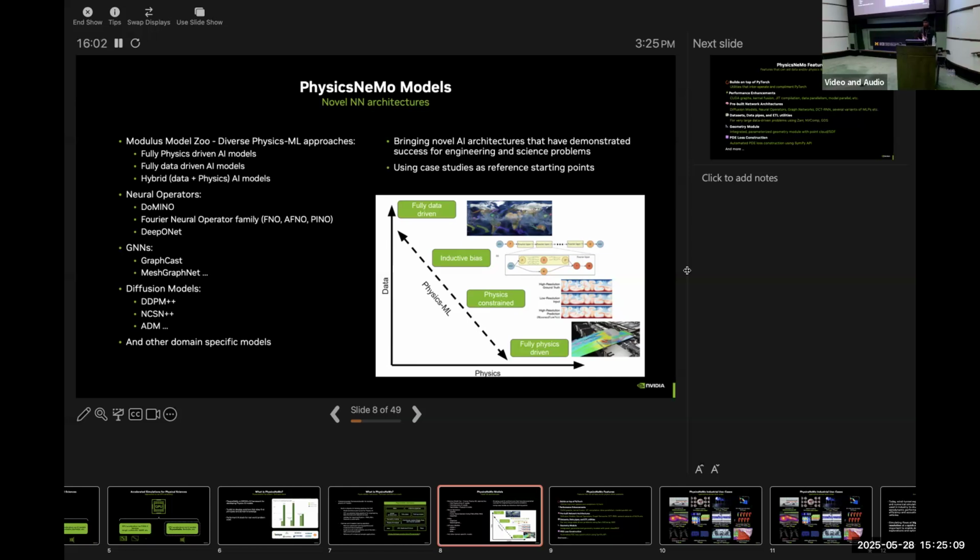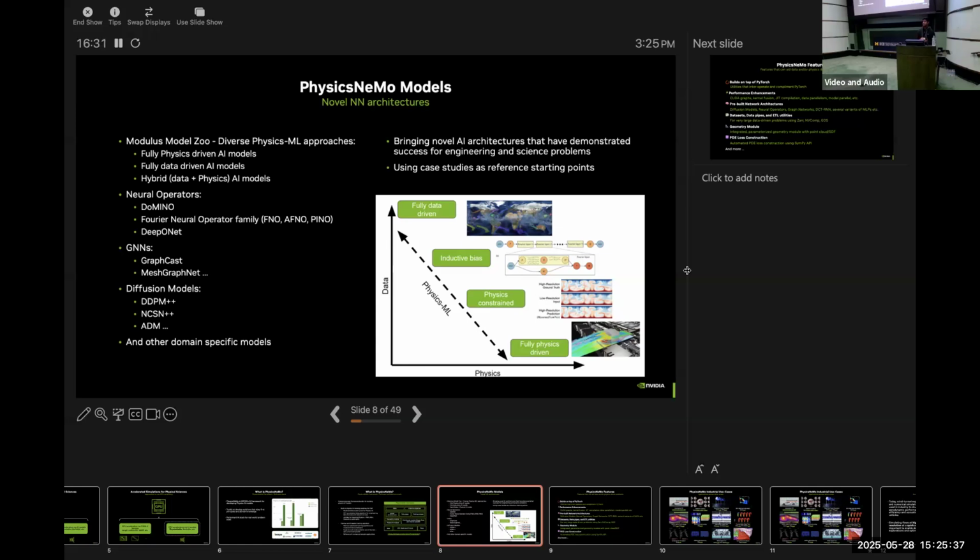Here I'm showing a few of them that are part of this toolkit. We have a variety of models that can work across fully data driven or physics driven. In this space, there is a concept of physics on one axis, and then you have data. What I'm representing on this plot is how these models are spread across these two axes.